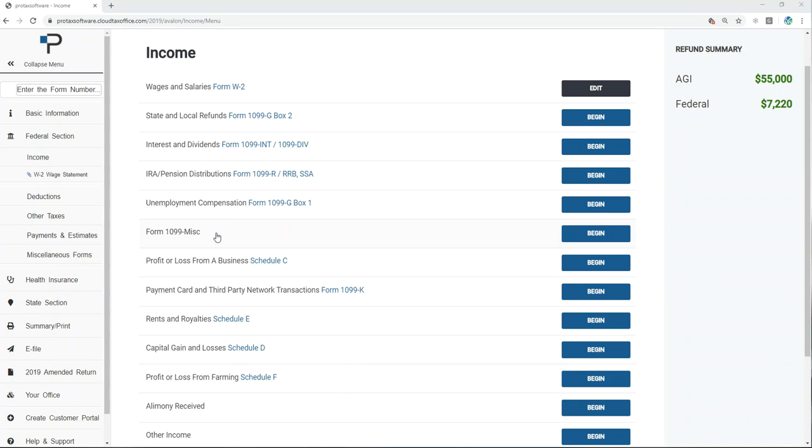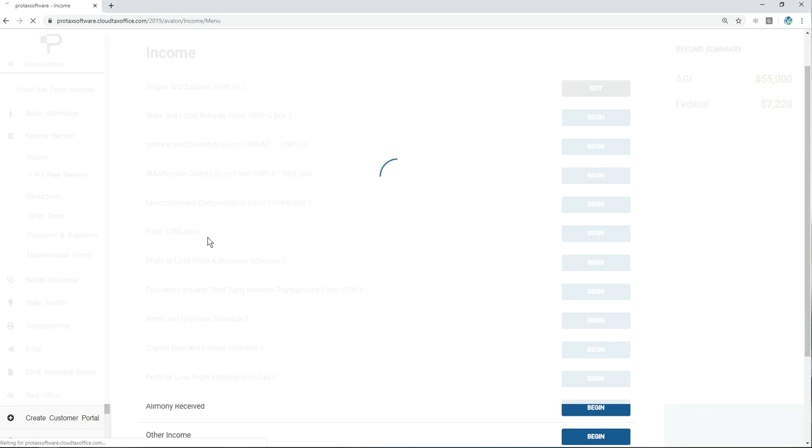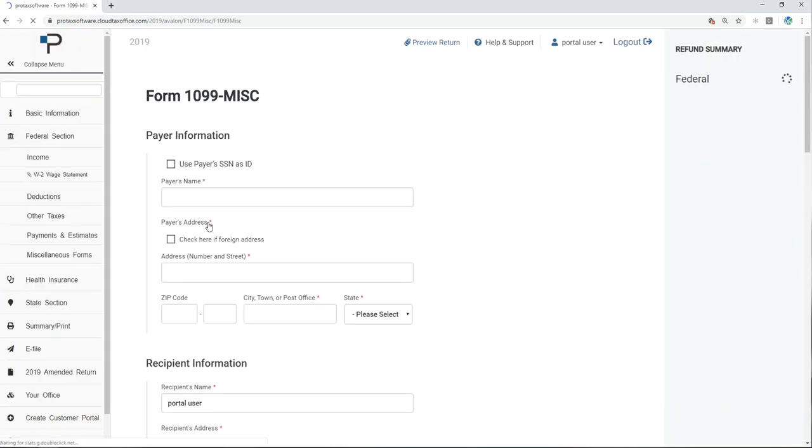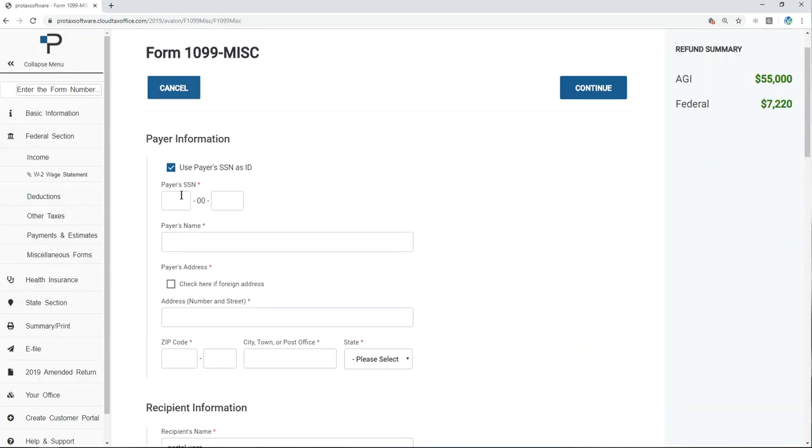You can start with your 1099 miscellaneous and then add your Schedule C, or you can add your Schedule C and then link the 1099 miscellaneous, whichever one you want to do. But how would that work? And then we'll jump into the Schedule C. So if I've got a 1099 miscellaneous issued to us by